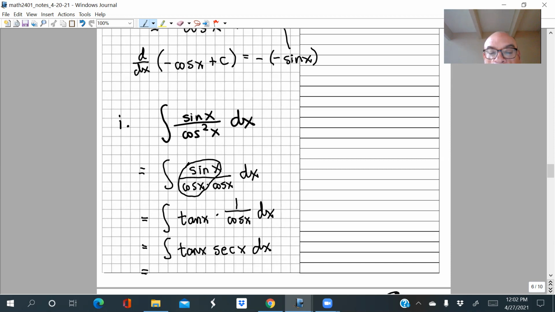It's not sine, it's not cosine, it's not tangent, because the derivative of tangent is secant squared. Is it secant? What's the derivative of secant? If you take the derivative of secant of x, what do you get? Did y'all write it down for me? Someone chat it to me. What's the derivative of secant?